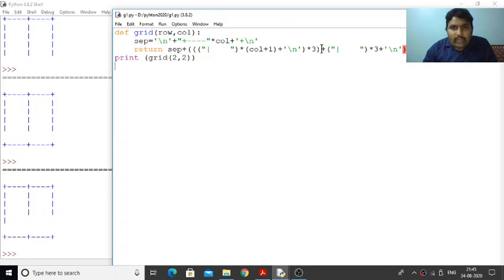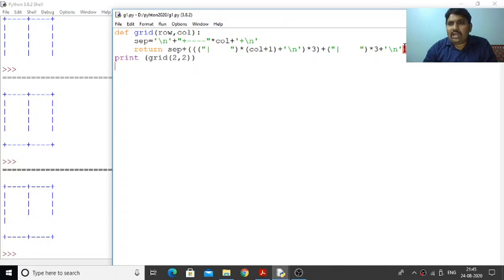So okay, this brace is for this, and this one is for this, and for this. So this is the range, and after this is the range.